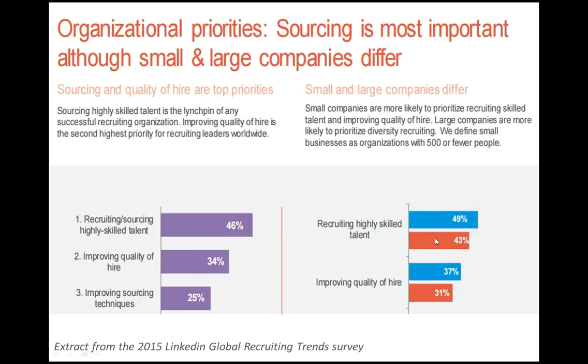So I'm guessing this is SME. 49% of small businesses said, when these people that are interviewed said, that their priority was to recruit highly skilled talent over and above other options that were provided. And I find this quite disturbing, I've got to say,